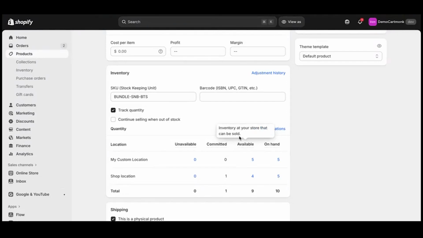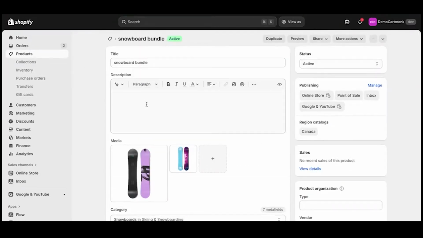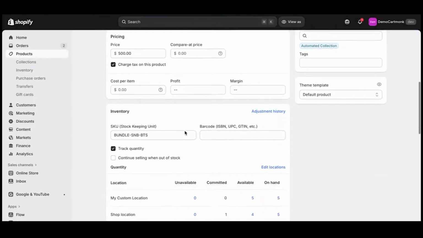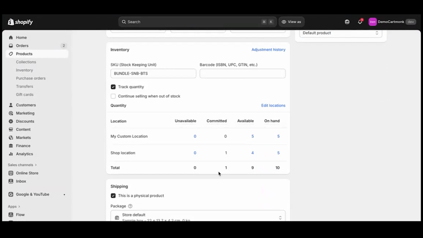So how are we going to fix this? Step one is to check native Shopify bundles. If you're using Shopify's native bundle features, here's what you can check first. All you have to do is go to products and then open your bundle product, which is as of now this one, and make sure each item in the bundle is linked to the correct variant SKU. If the mapping here is done wrong or missing, then Shopify won't reduce the correct inventory when the bundle sells. So this is one method that you can check if your bundle products inventory is not tracked properly.